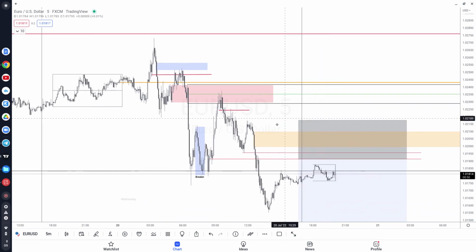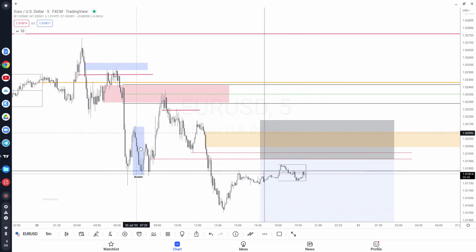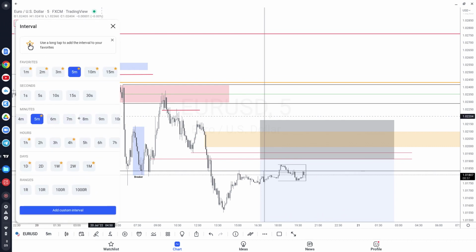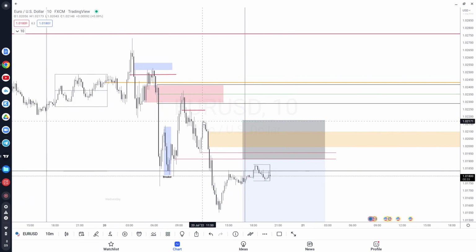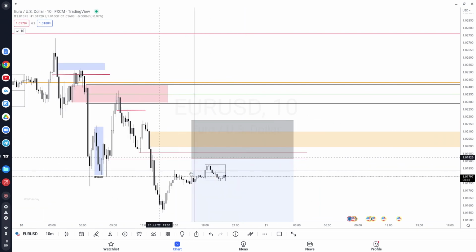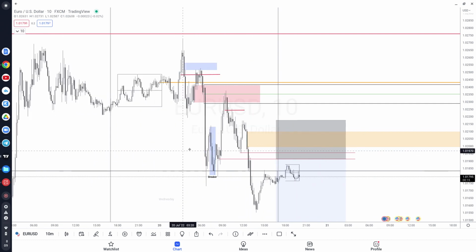But what I am seeing is, this is a breaker, right? This area here. Let's come to the 10-minute chart. This is a true order block, right? Which is why I have the red line here. And then this is the breaker, right? As you can see, what's important about this area is that price actually responded to this area and failed, right? So I would expect for price to get back into this area and possibly give us some reversals, right?